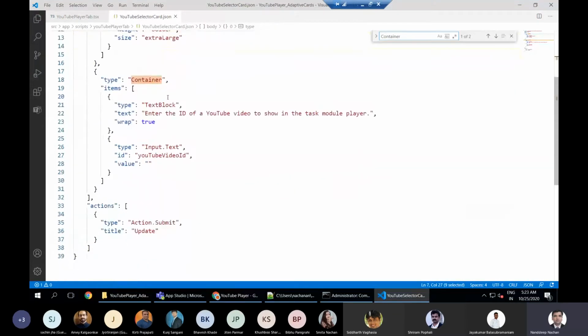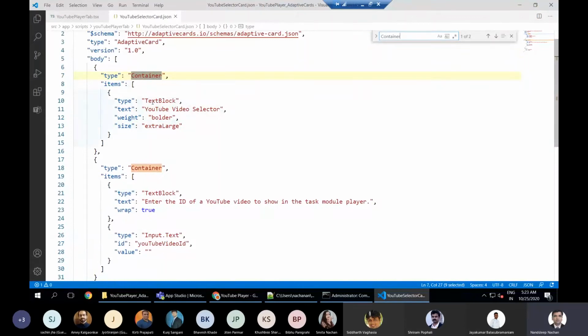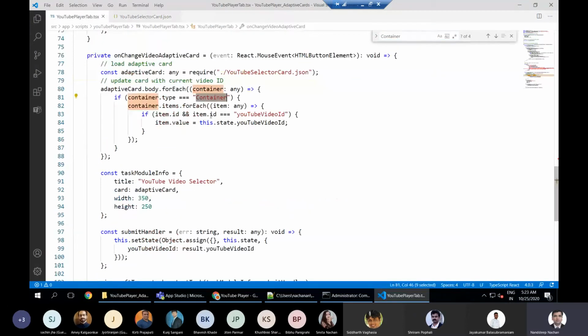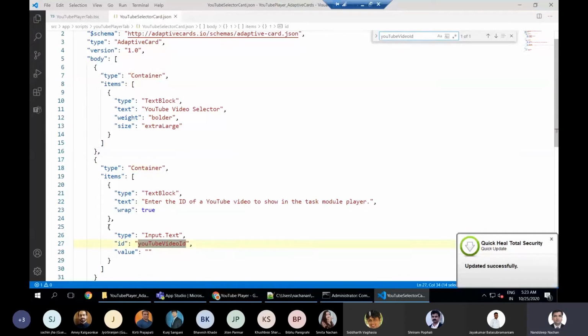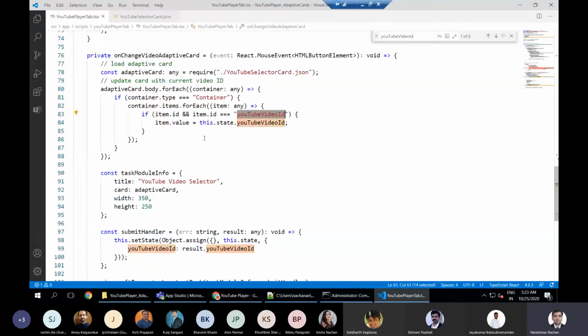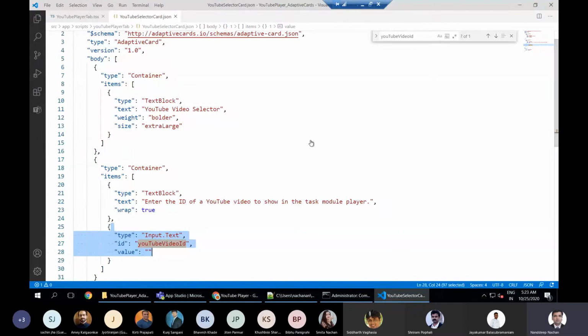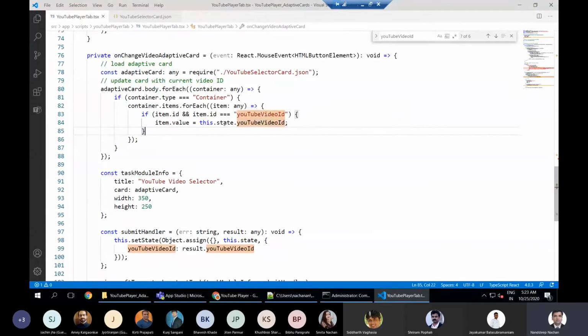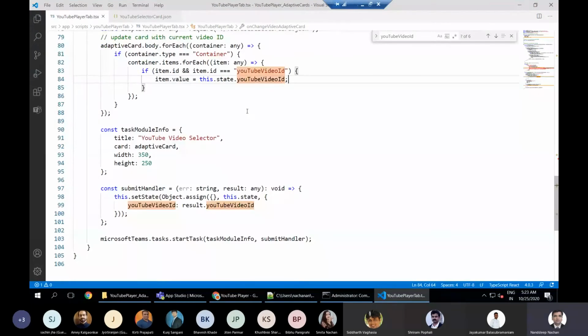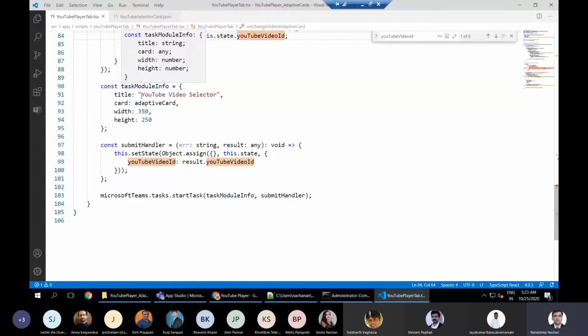So in all of those selections you can see we have two containers here, out of which the first container is a text block and the other is again a text block and input text. So we will go into the container and try to find the item with ID YouTube video ID, which is here. What we are going to do is take the value of this particular ID. Now that we have got that control, we are simply setting the value for this control, which is our text box, to the value that was defined by the user, which we have stored in our state. Okay, and from there we are going to invoke this task module info,